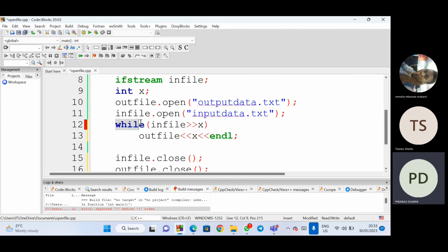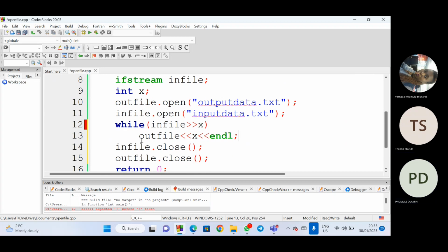So if you want to extract all the datas in a file, remember that you use the while loop. So this statement here is going to read all the datas in the file. So all those datas we have in the file, they are going to be written in what? They are going to be written in your other file called out file. But I can also first show you using the cout so that you can see them